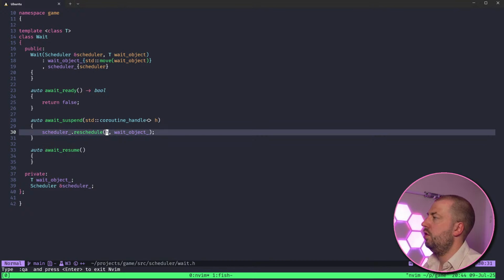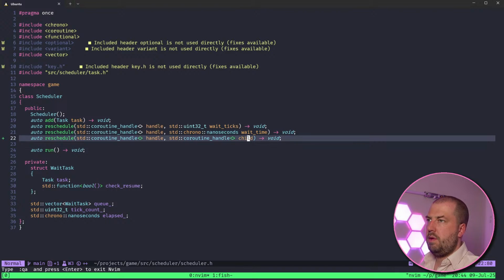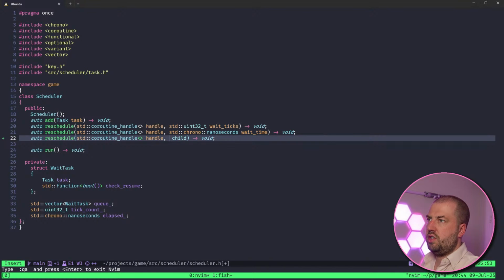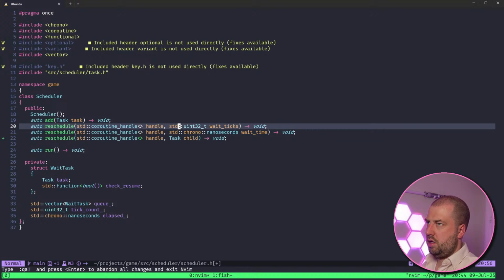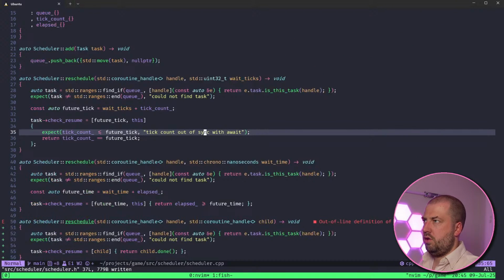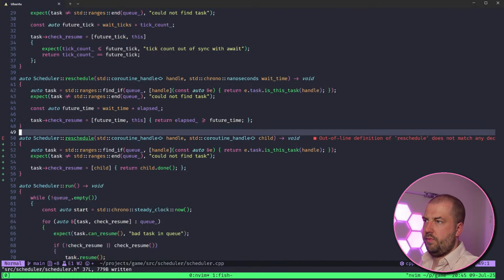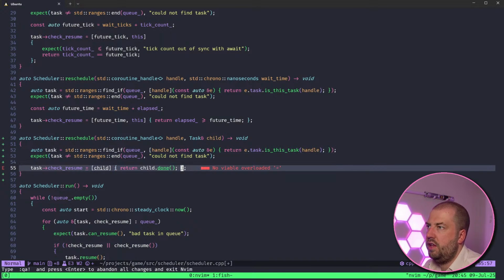Yes. Actually, no. Maybe this then takes a task ref. We'll worry about lifetimes now. Scheduler task, and then this takes child.